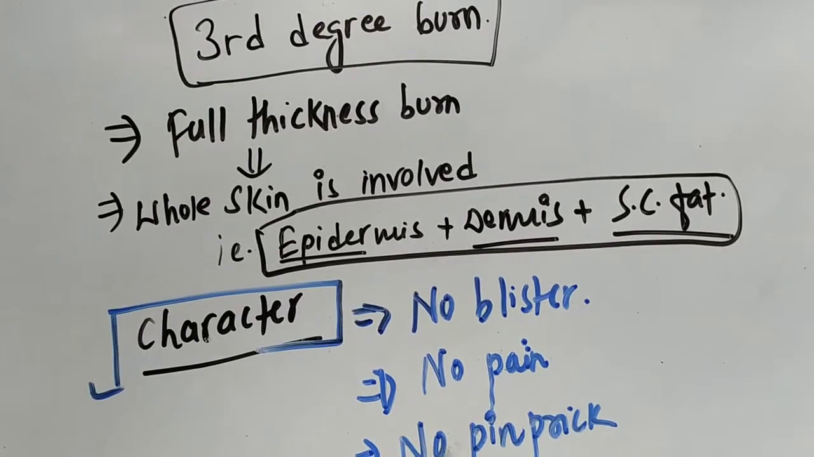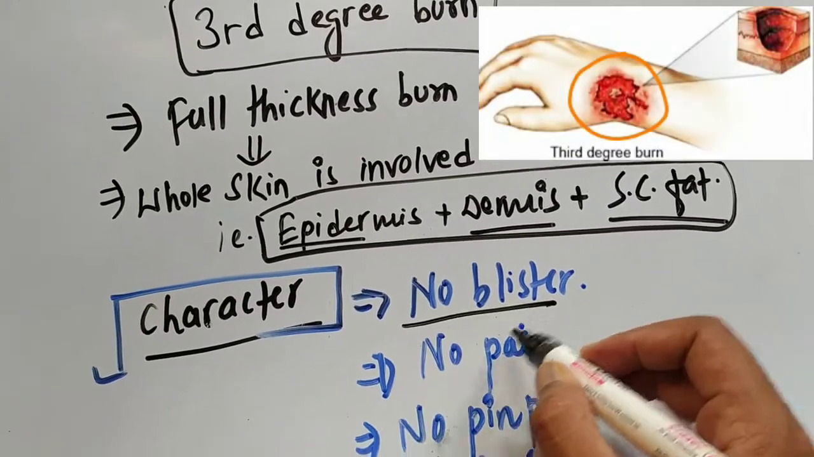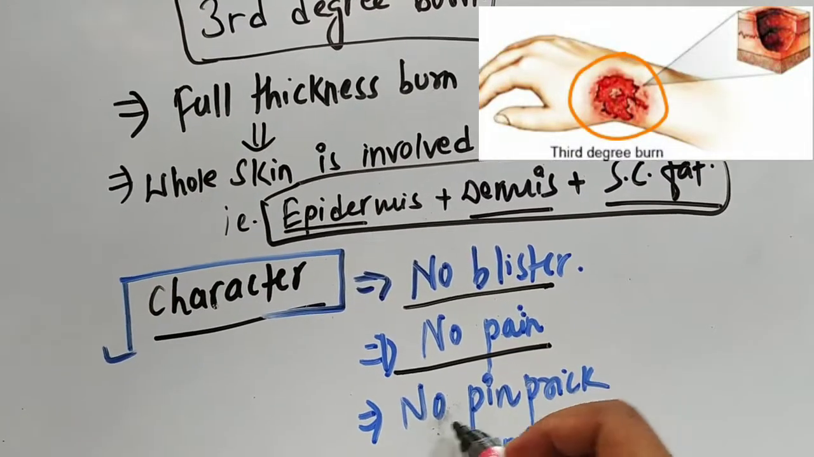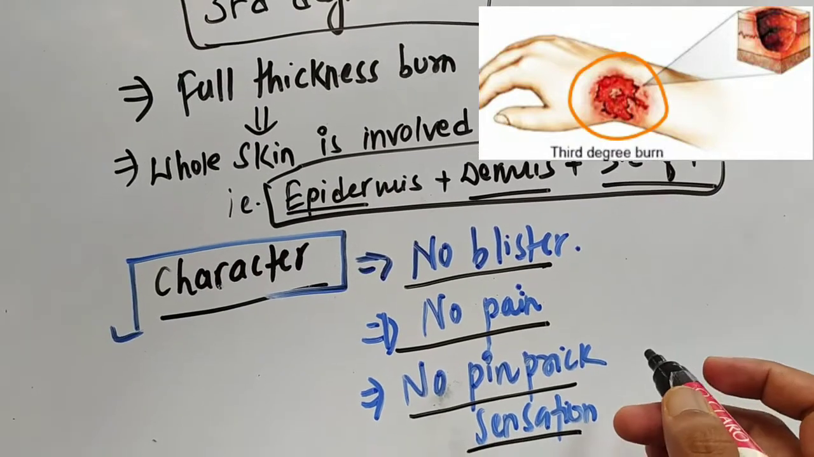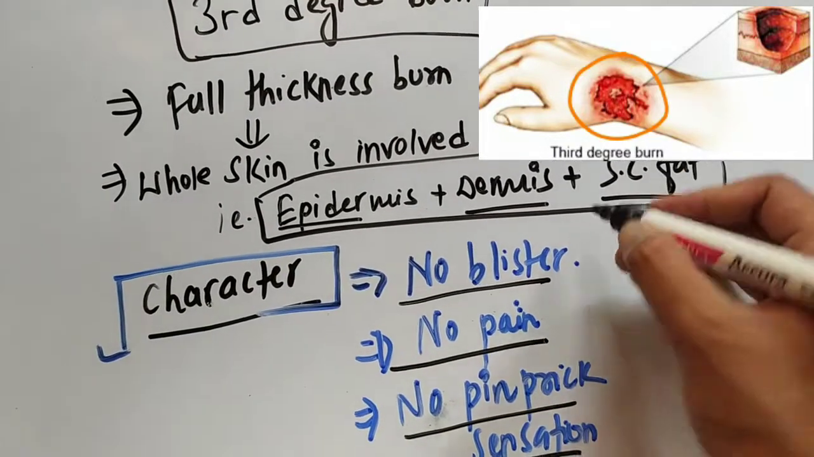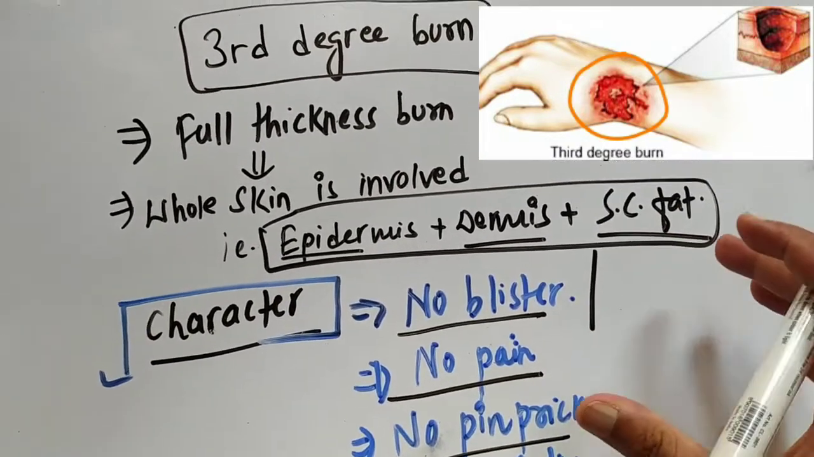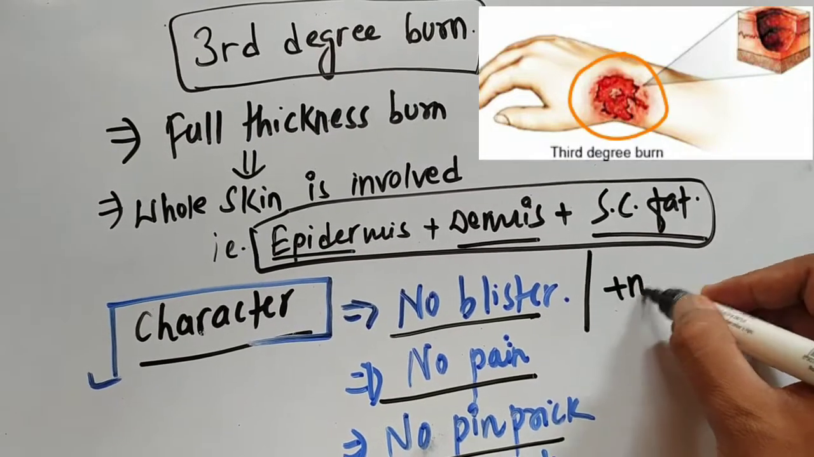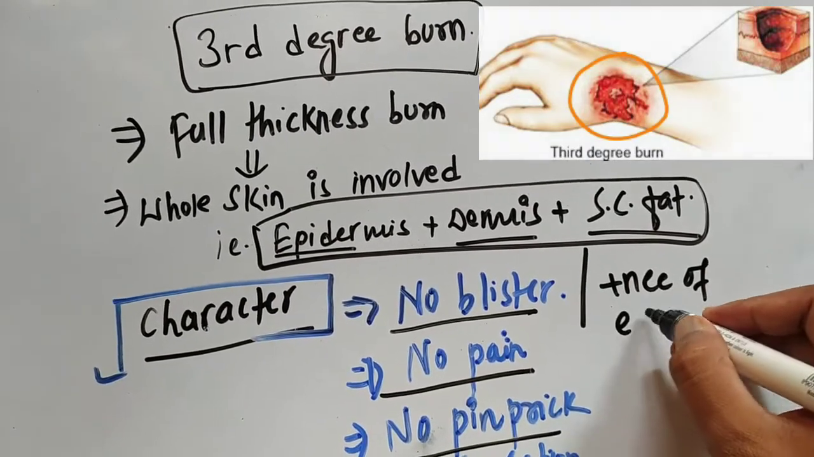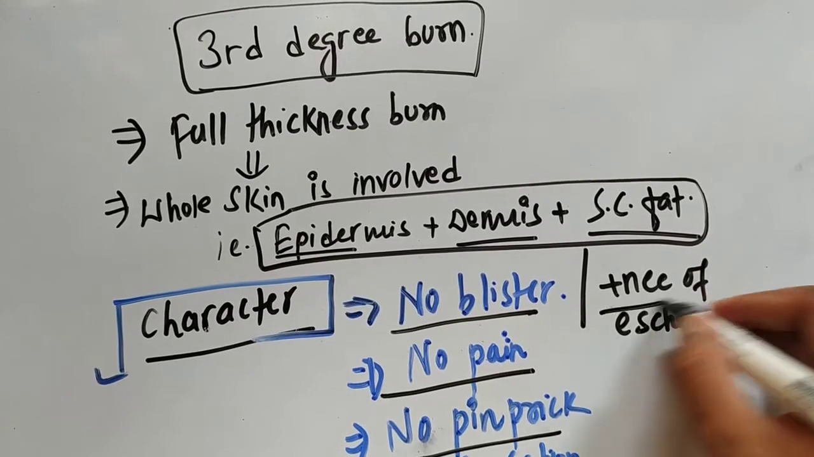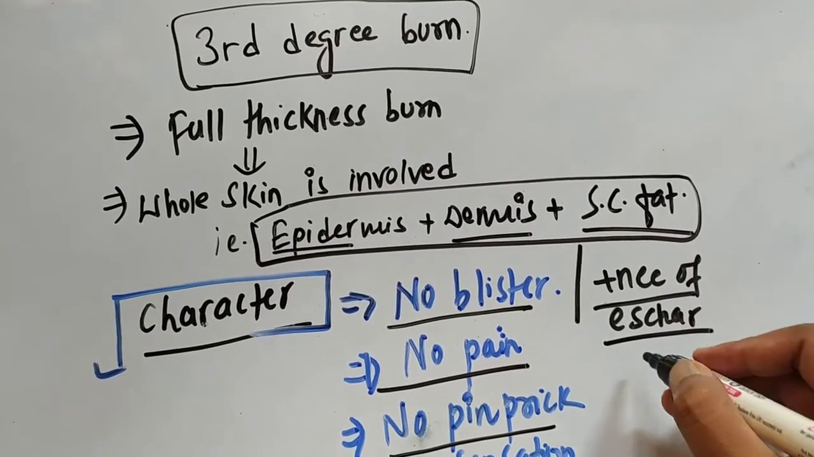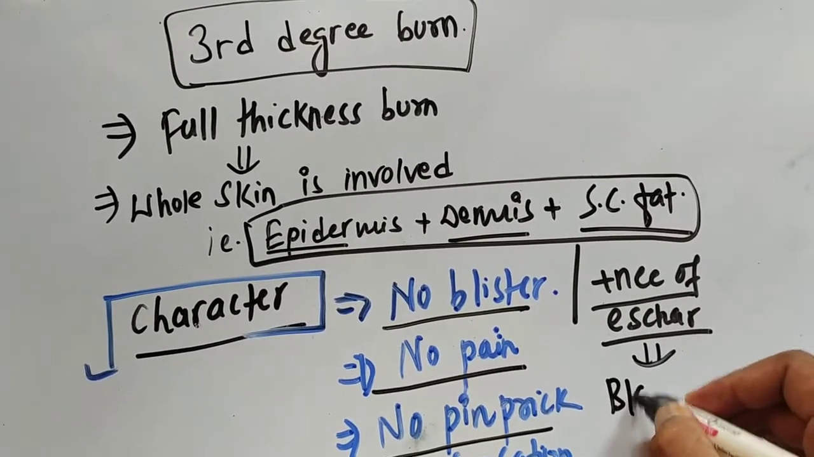And the character of the burn is that there is no blister, no pain, and no pinprick sensation is present in this burn. And the main thing, the hallmark of this burn, is the presence of eschar. So the presence of eschar. So what is eschar? Eschar is actually black colored,